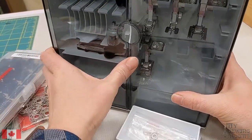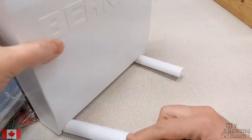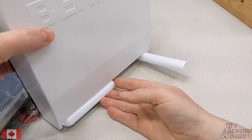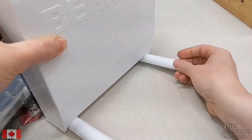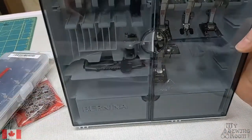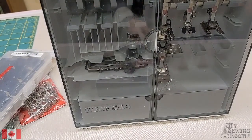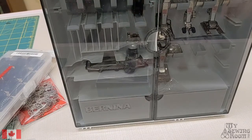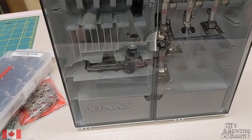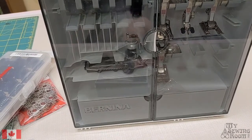And the big thing to remember, so that this doesn't tip over on the table, is that when you turn it around, there's legs on it. So little legs on this style of Bernina foot garage. Then that's all tucked and tidy and ready for you to take places, which is probably what you need to do. So that's one way of storing your feet, and probably the easiest way when you're getting started with your